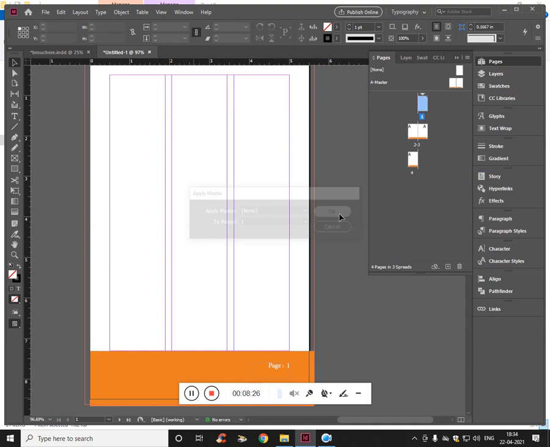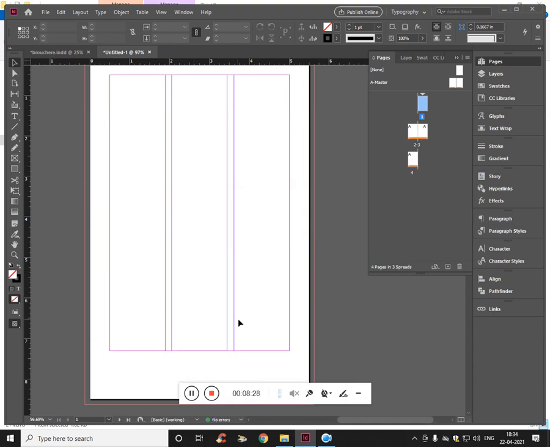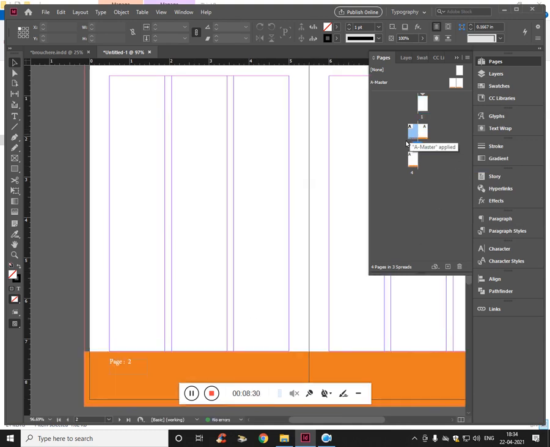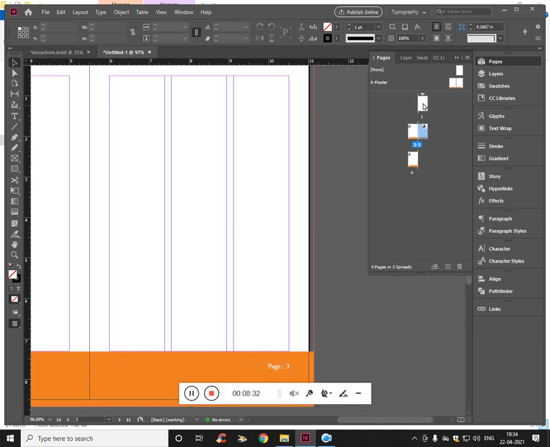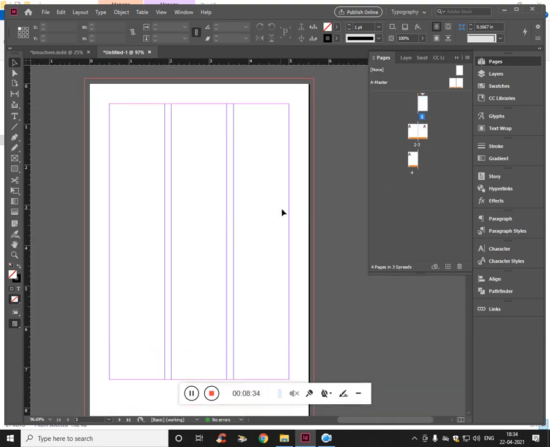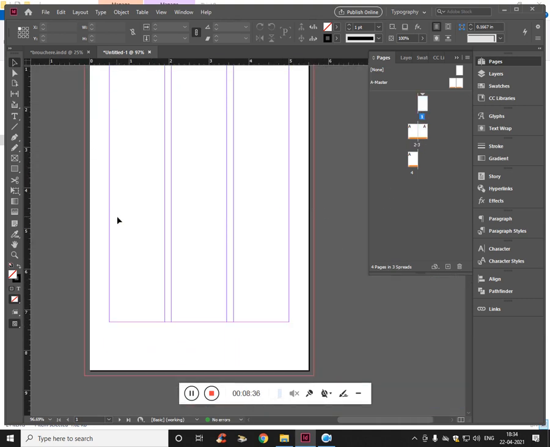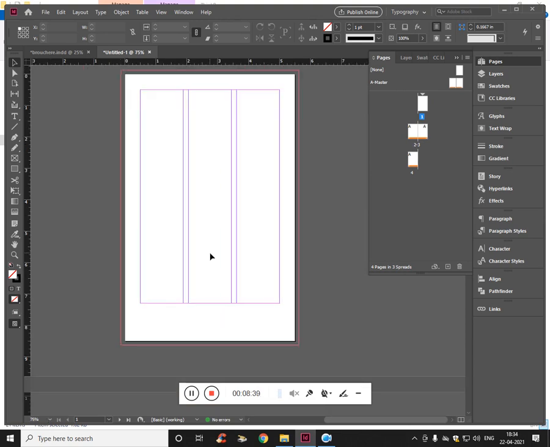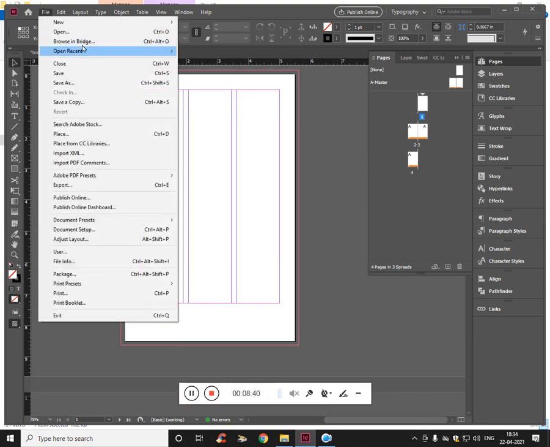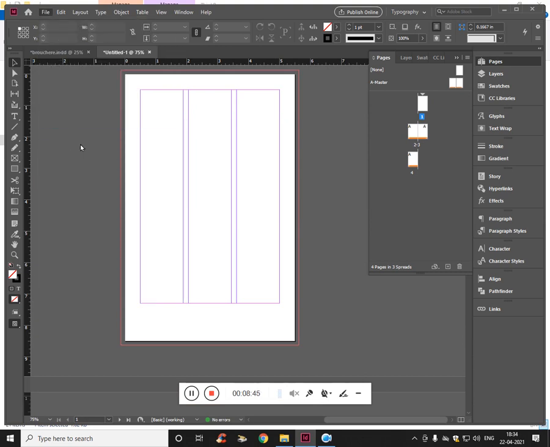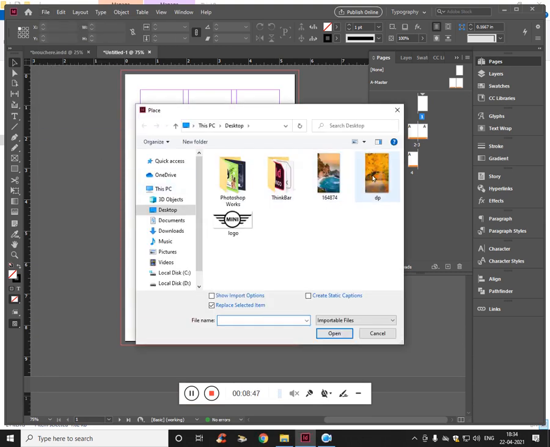Now let's work on this. This is very easy because we have already created it in the previous video. It is just going to be the same, we are going to place the image. Let's place the image, place, and select this image, drag it and place it all the way.